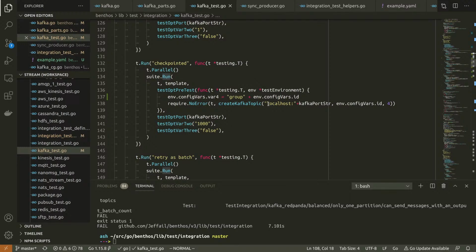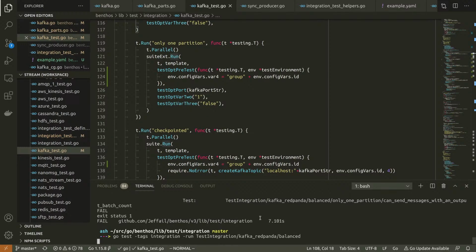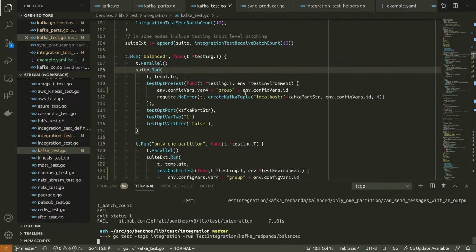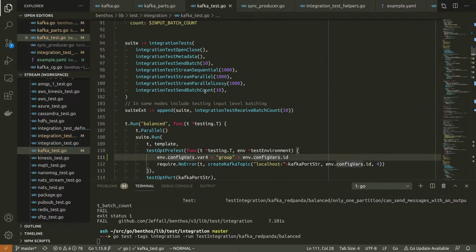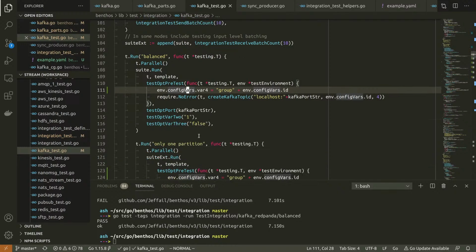I feel like this is not the way to go, but I don't want to spend too much time just getting my tests to work. I feel like changing the consumer group should be something that I only bother with in my empty consumer group tests, and having to manually set a dynamic test environment change for all of these tests seems a little bit off.